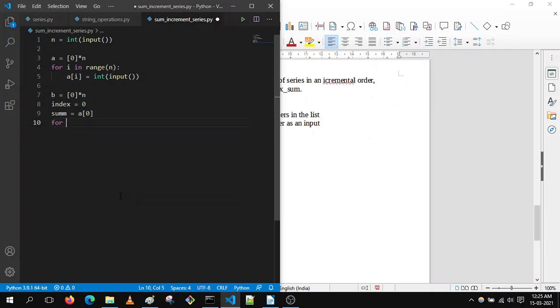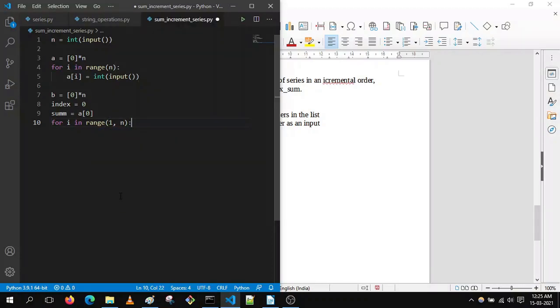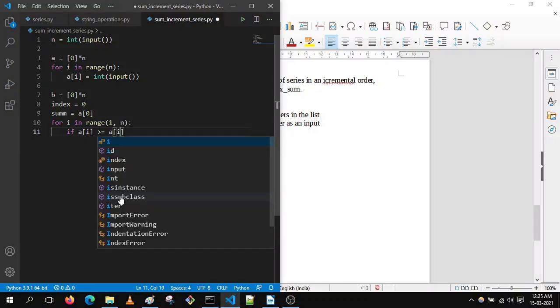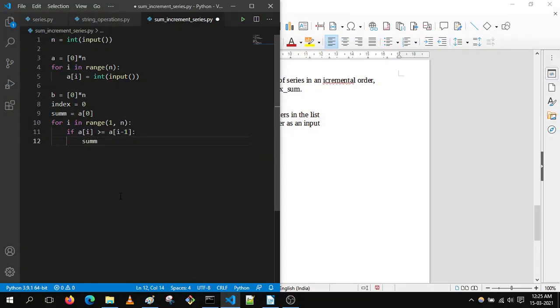So for i in range, the range will start from 1 to n. Now here we are checking a condition. If a of i is greater than or equal to a of i minus 1, then we are adding that current element's value to the sum variable.